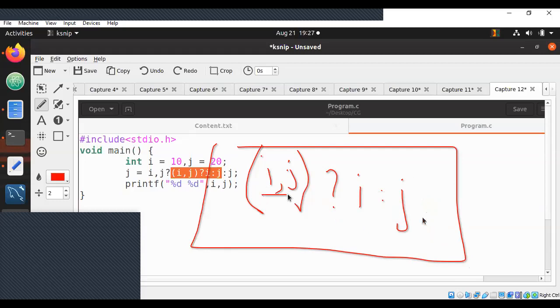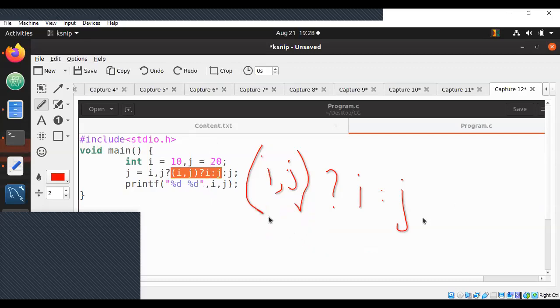So here i comma j, that is 10 comma 20. Whenever there is comma operator, would it send first value or last value? Last value. I will explain why exactly this is going to go very differently.